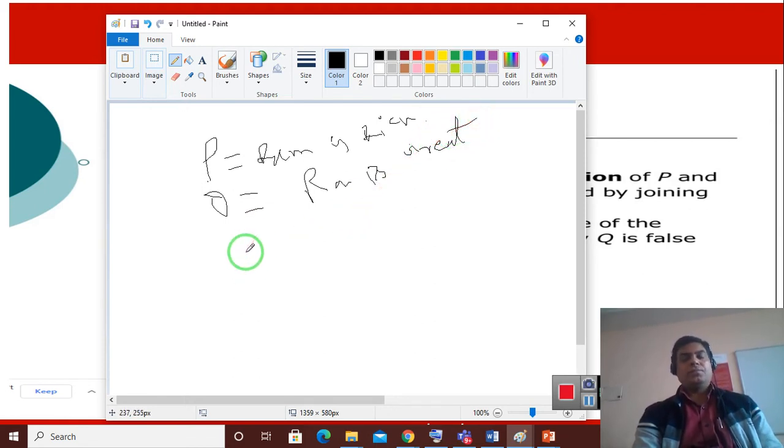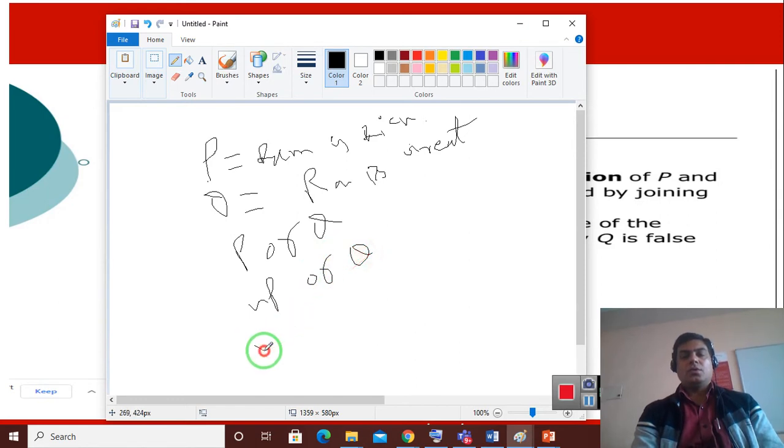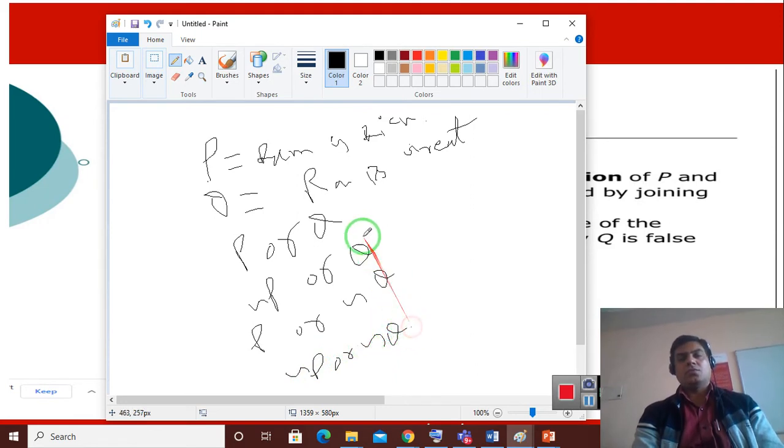So you can say P or Q. You can also say not P or Q. You can also say P or negation of Q.